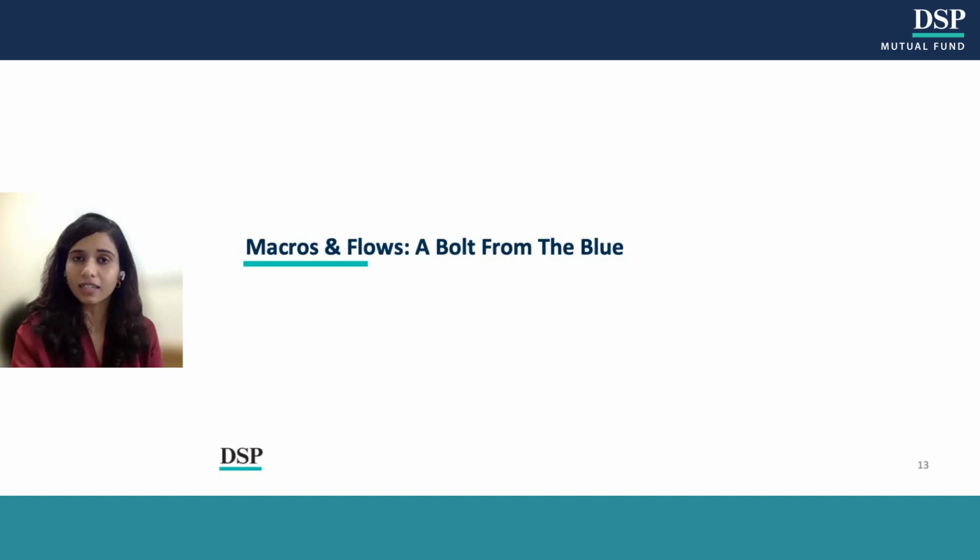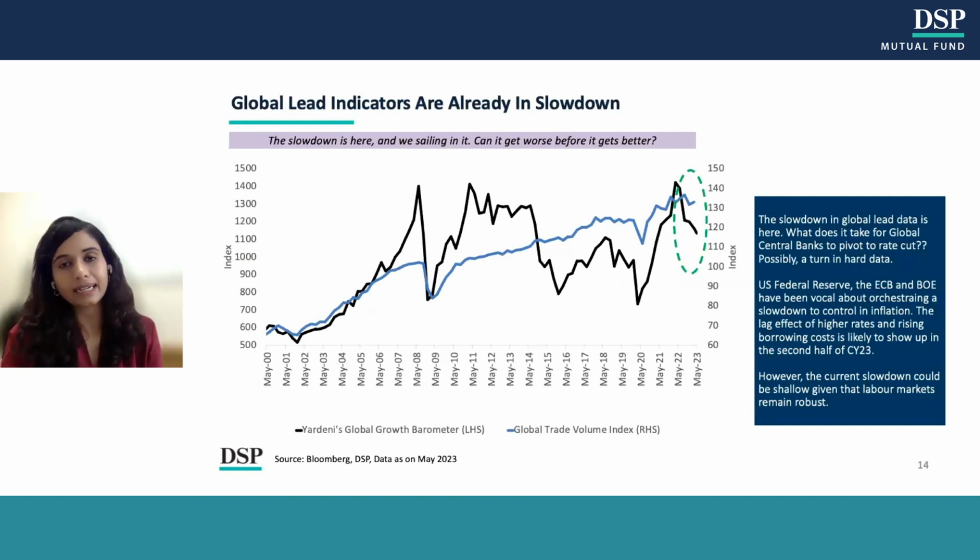The third pillar, apart from earnings and valuations, is the macros and flows. If you look at the global lead indicators, they are still dwindling down. So even though we've been talking about a slowdown for a while now, and it has really not come in, the lead indicators for the global economy are still dwindling down,